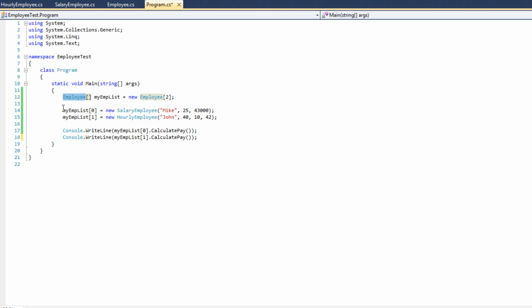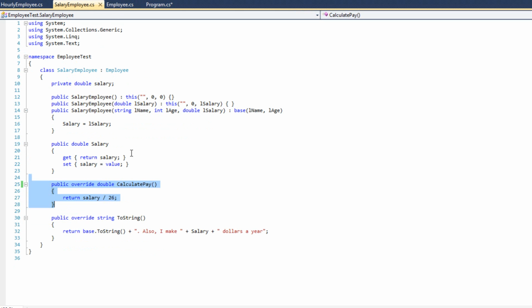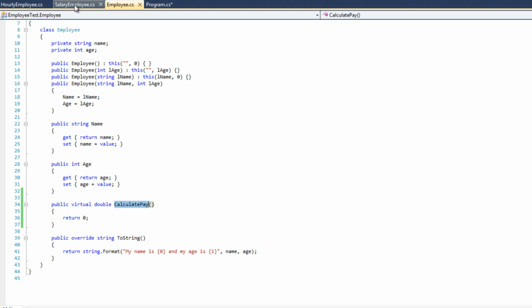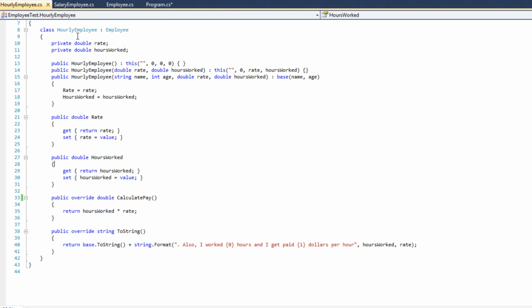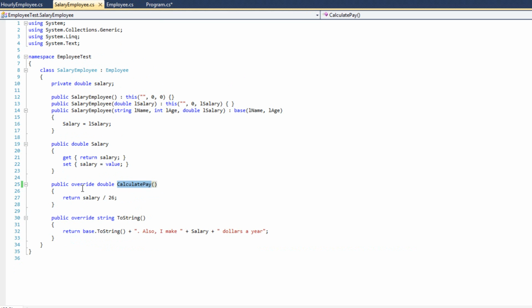Because this generic container has a stub function, because it's not really doing anything, that has the same name as shared functionality in all the child classes, in our case calculate pay, this has a stub calculate pay, and these have actual working calculate pays. And because the function in the base class is virtual calculate pay, and our child classes override that, we are allowed to